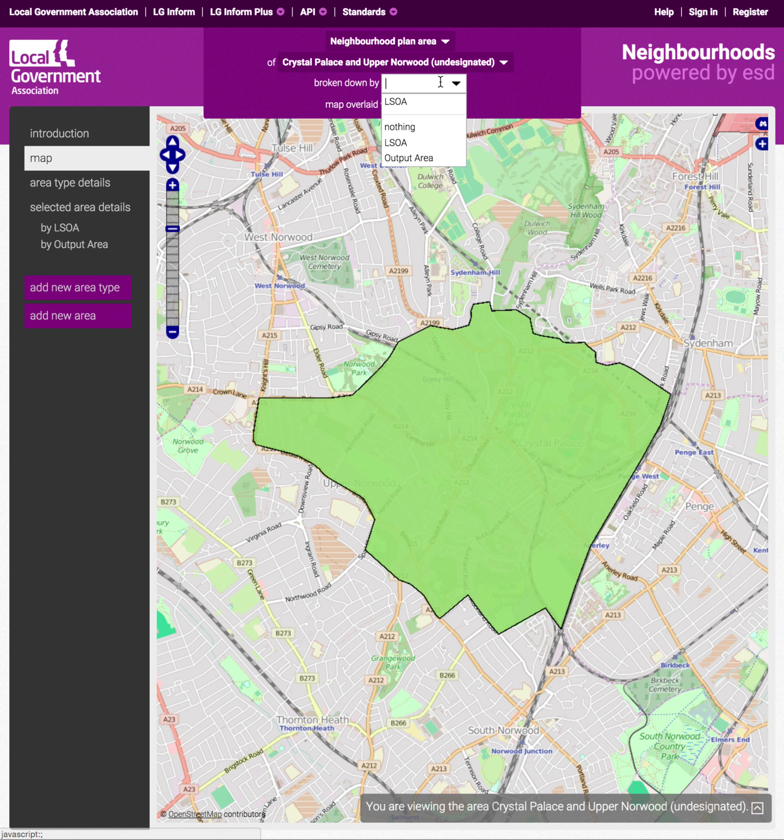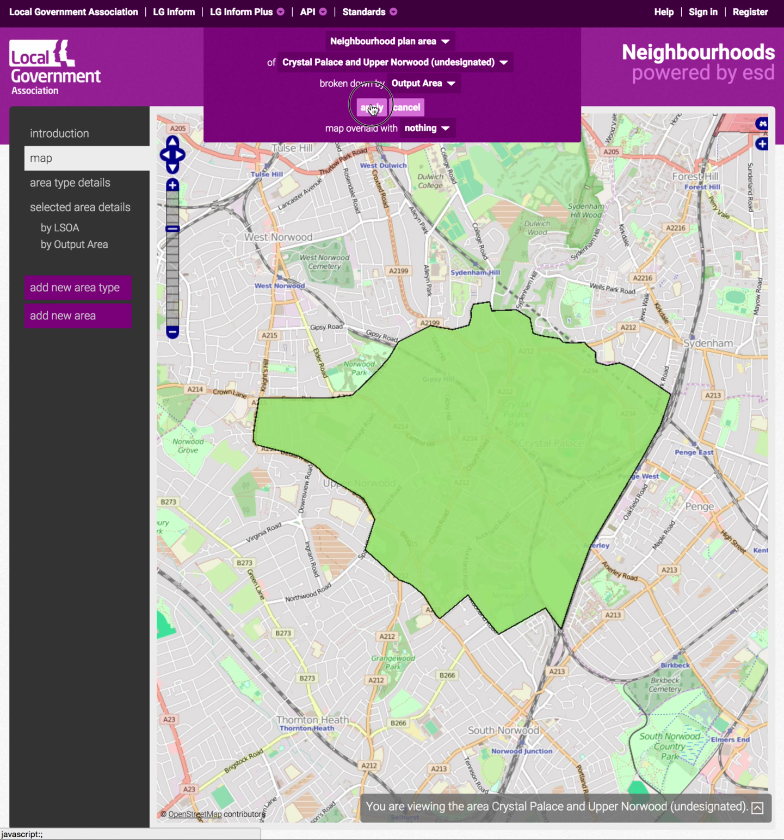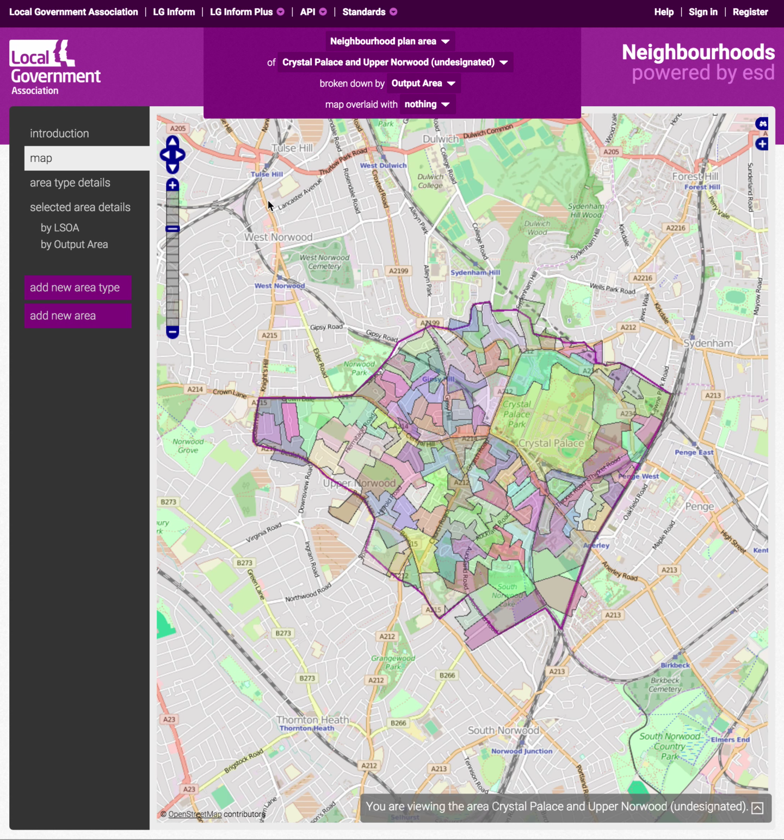And if I pick a breakdown by output area, now output areas are the very small units of geography used by the Office for National Statistics to gather metrics about areas which typically comprise no more than 150 households. And you'll see we've got all of these output areas that fall within the Crystal Palace boundary, and a few that cut across the boundary. What Natural Neighbourhoods does is what we call a best fit, and it chooses which output areas fit mostly within the boundary, and it uses the statistics that relate to those output areas when it calculates statistics for this